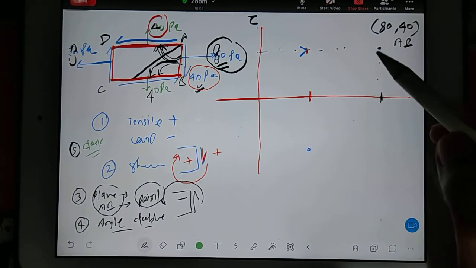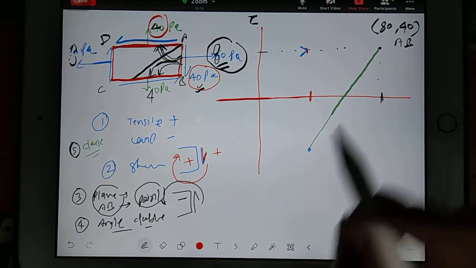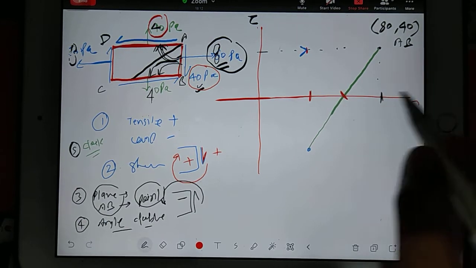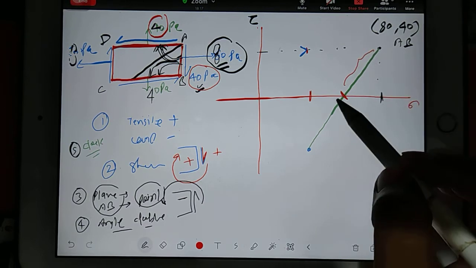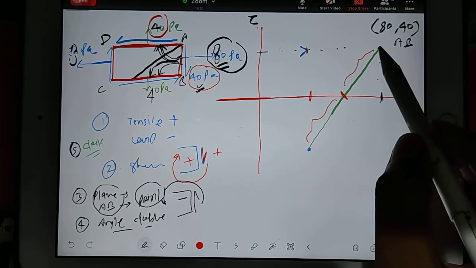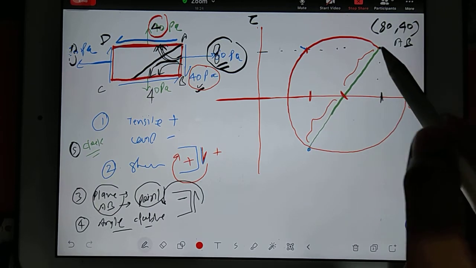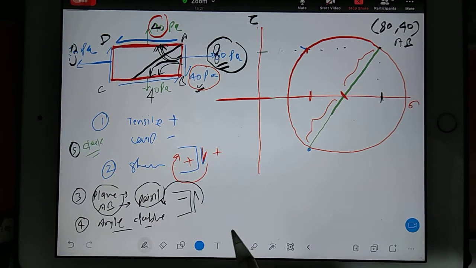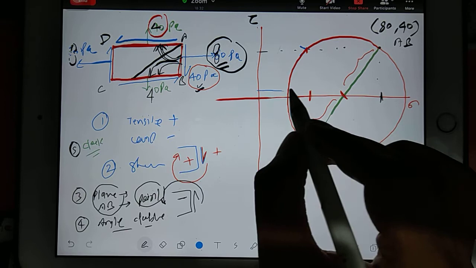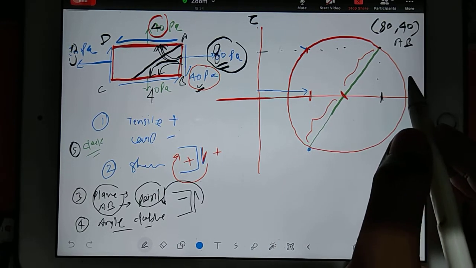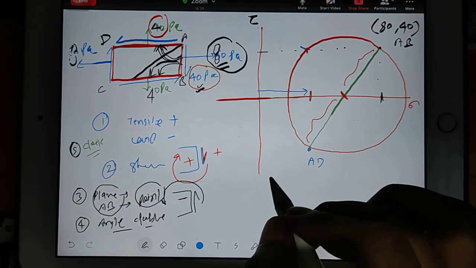Now what can we do? We can just join this. Just after joining this, you will cut the sigma axis, that will be your center. Okay, and this much is going to be your radius, and then by using this you can draw a circle like this. So this circle we call as Mohr circle. Okay, now first question comes, how will you find out this much length? You already know, because that is nothing but the shear stress. You should write the name also, that name is AD, plane AD.